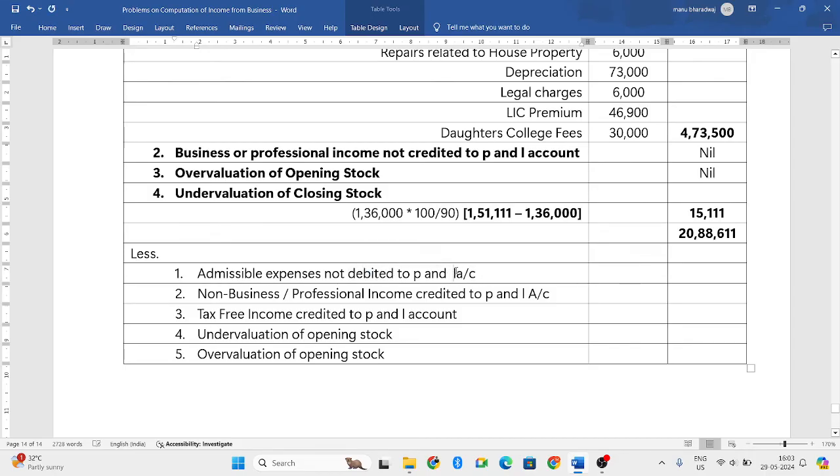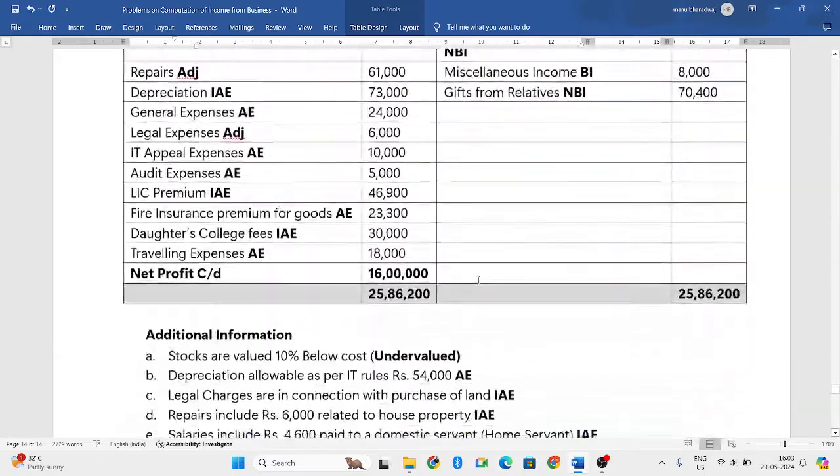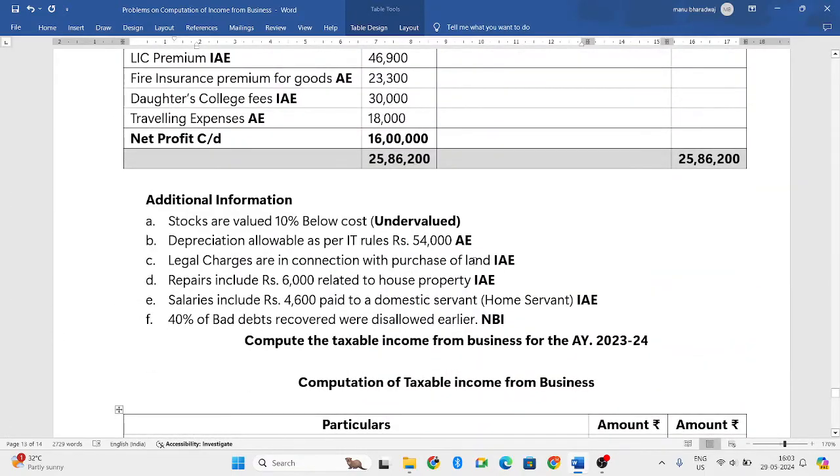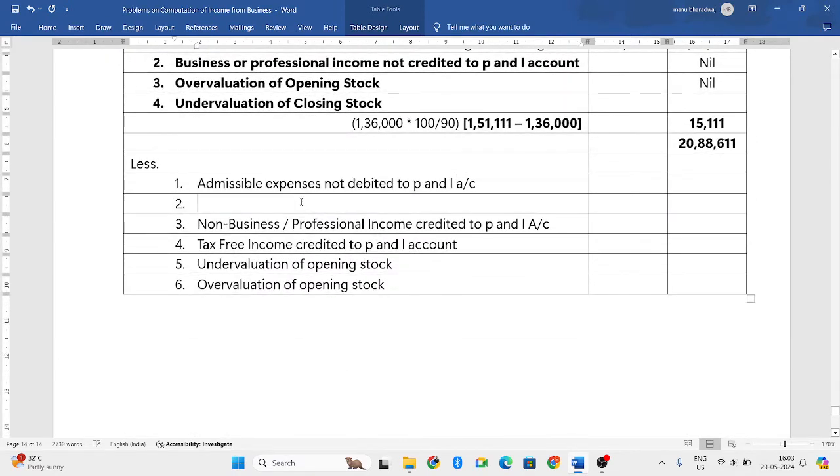Let us see whether there are any admissible expenses in the additional information. Yes, we have depreciation. Depreciation allowable as per IT Act is 54,000. Next,